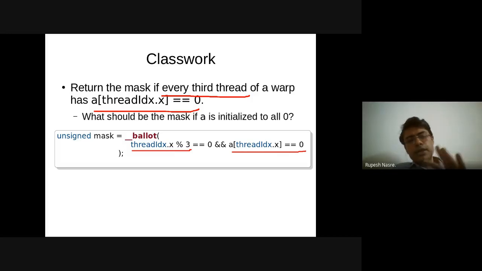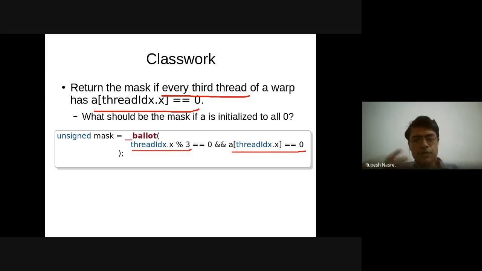Whereas this particular code that we have written is going to be executed by mod 3 equals 1 as well as mod 3 equals 2 threads also, and they are going to get ballot output as 0. The mask is going to be 0 for them. Whereas the problem statement says that it is don't care. The problem statement doesn't say what should be the state of the other threads.